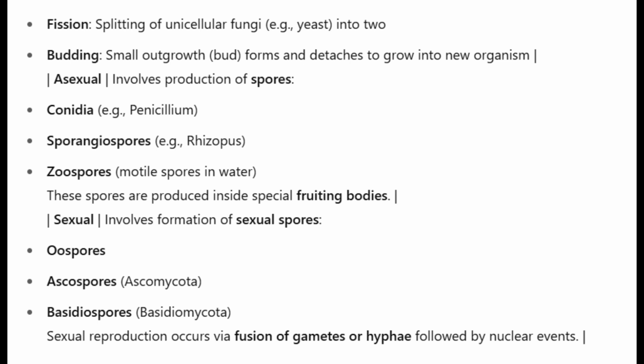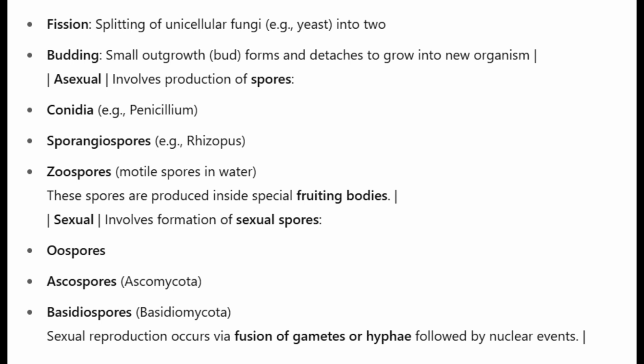3. Sexual reproduction. This mode adds genetic variety, important for evolution and adaptation. It involves fusion of gametes or hyphae from two compatible mating types, followed by nuclear events like formation of oospores, formation of ascospores in Ascomycota, and formation of basidiospores in Basidiomycota. These sexual spores are usually formed after plasmogamy, cytoplasm fusion, karyogamy, nuclear fusion, and finally meiosis to restore